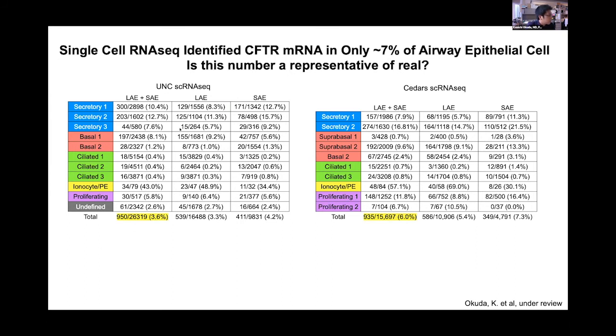This is our single cell RNA sequence data, and this is the Cedars-Sinai single cell RNA sequence data. We used Drop-seq, and they used the 10x Genomics platform. These are two different platforms, but we identified 950 cells among 26,000 cells,